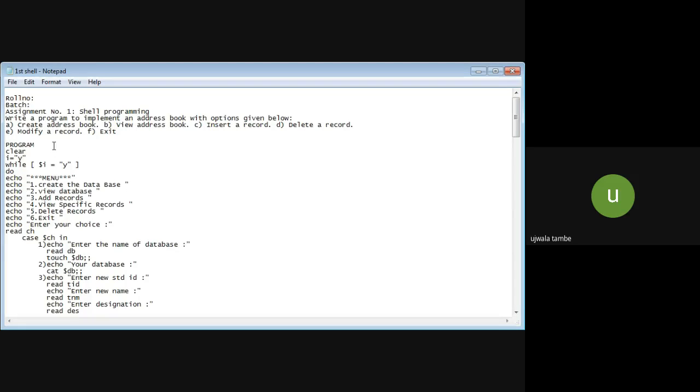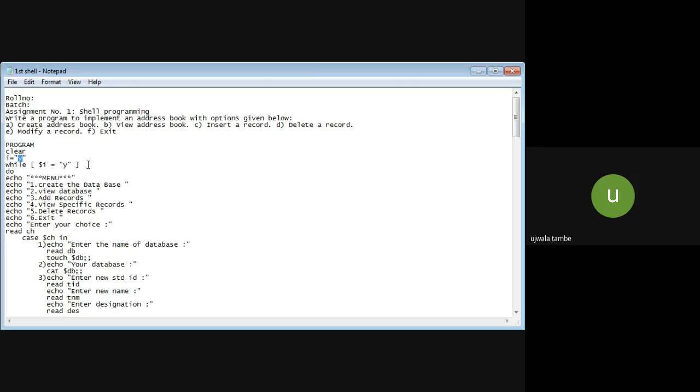First we put the clear keyword to clear our screen or the buffer. Then this variable is used to read the choice. So i is the variable where we are going to put the alphabet Y. As we know how the switch case works, for reading the values we put a dollar sign.